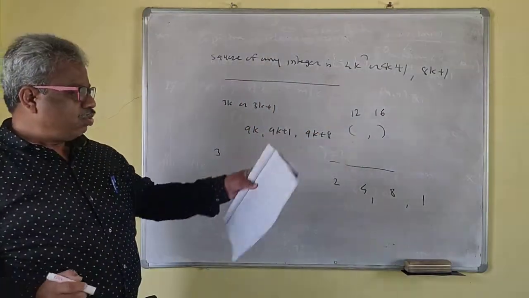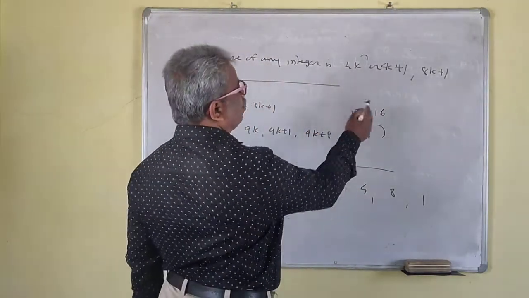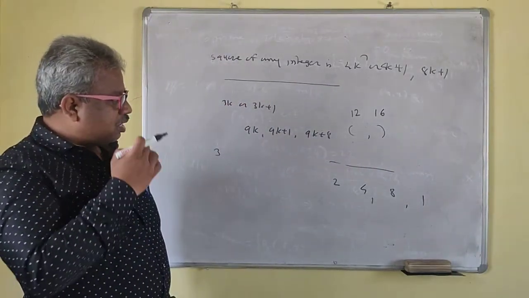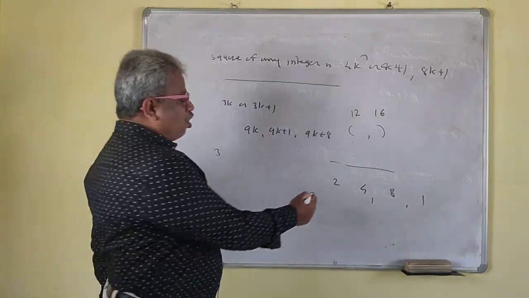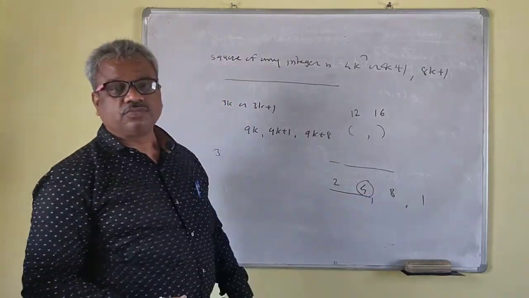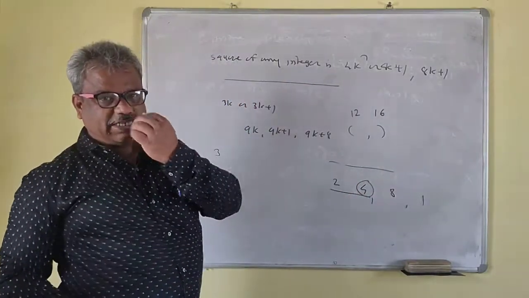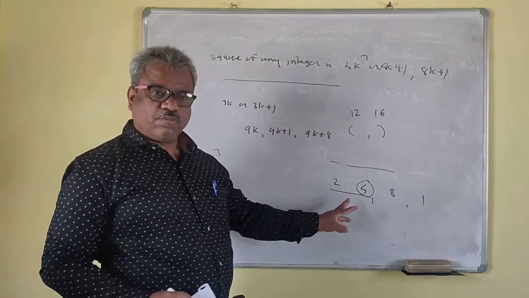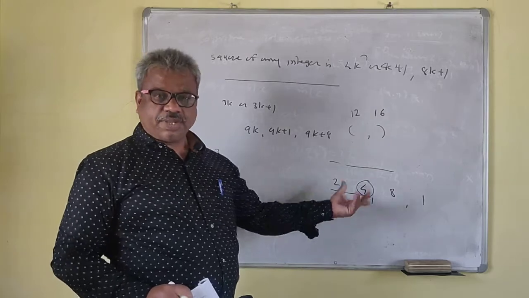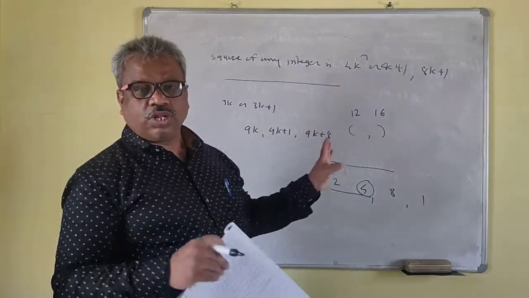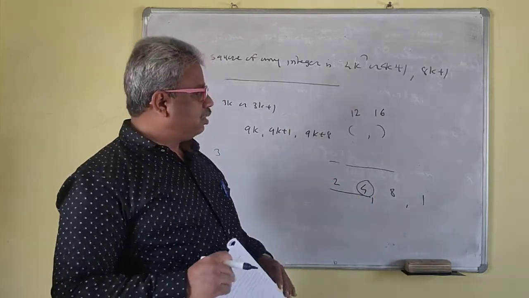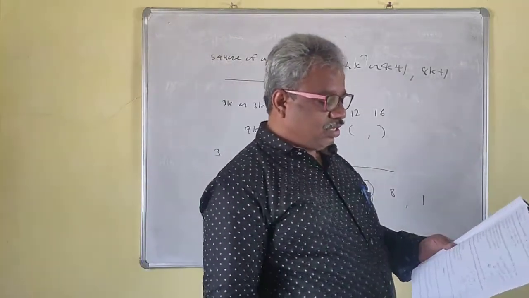Now see, 2 is a common divisor, 4 is also a common divisor, but 8 is not a common divisor. Among these, which one is the greatest? 4 is the greatest, so 4 will be the GCD. If there are two numbers, find their common divisors and just take the biggest one, that will be the answer. No need to find the GCD by the manual method, just pick from the options.